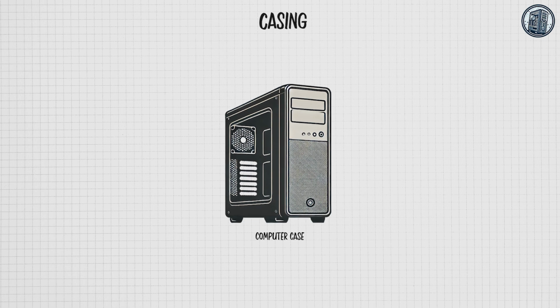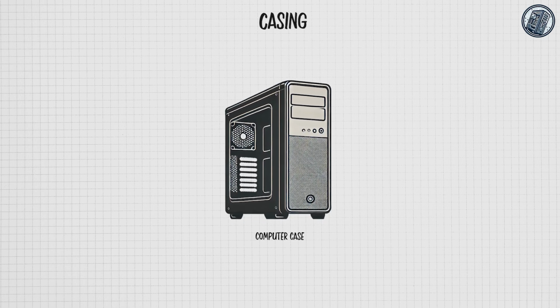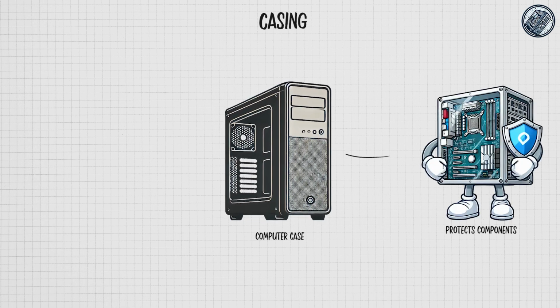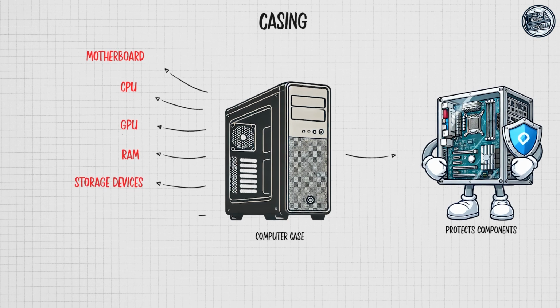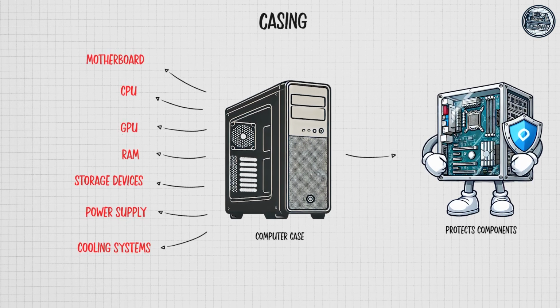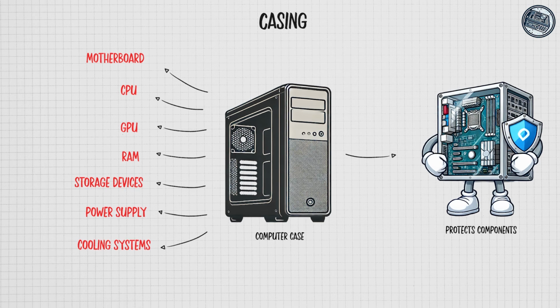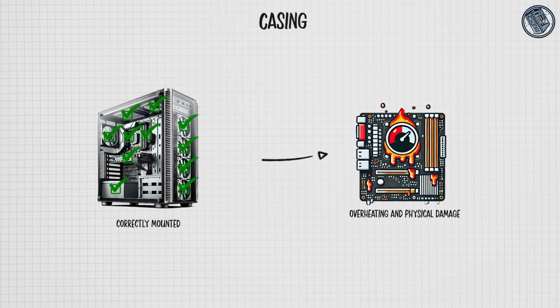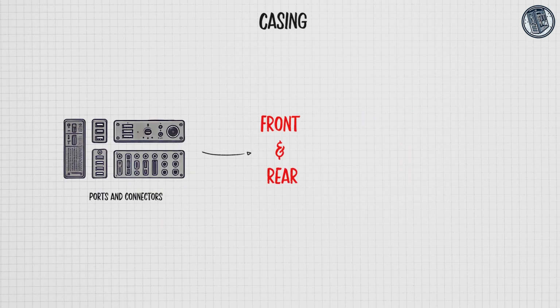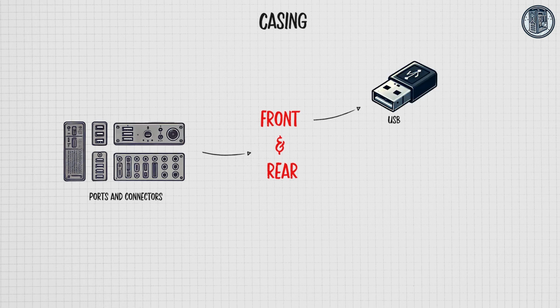The casing, also known as the computer case, chassis, or tower, is the enclosure that houses and protects all the internal components of a computer, such as the motherboard, CPU, GPU, RAM, storage devices, power supply unit, and cooling systems. It provides a structured and secure environment for these components, ensuring they are correctly mounted and adequately spaced to prevent overheating and physical damage. It features ports and connectors on the front and rear panels for easy access to USB,